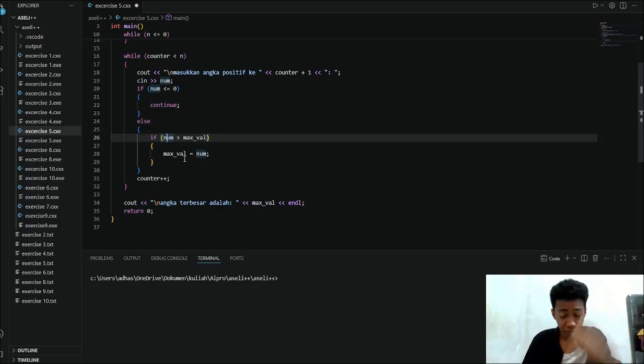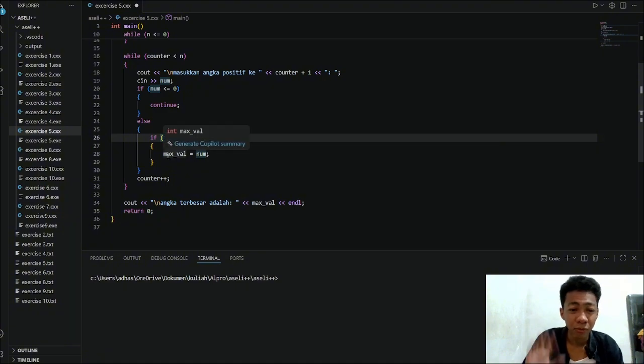So let's say you input the 5 here, and of course the 5 is more than 0, so the max value will become the 5.